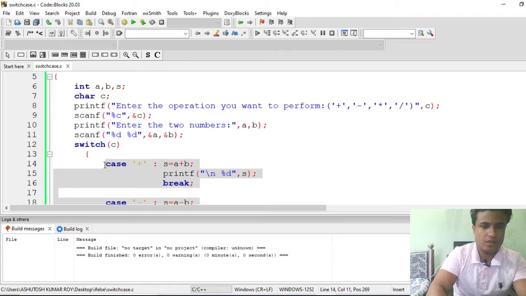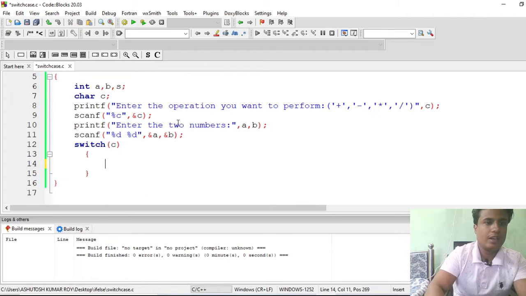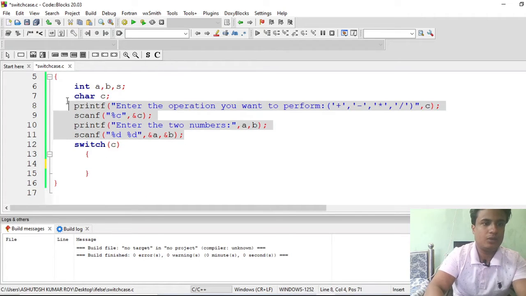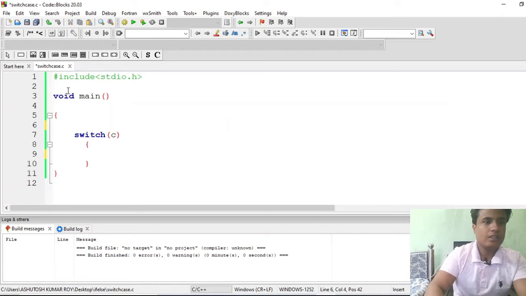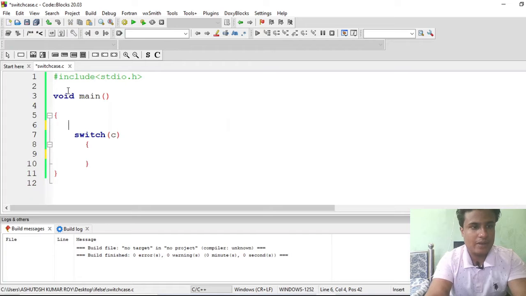So just erase this and this too. We don't need this. Now let's define a char variable, and suppose we want to check a character.